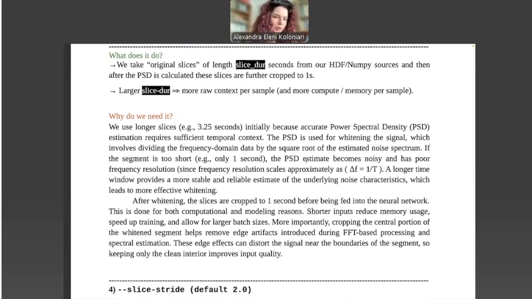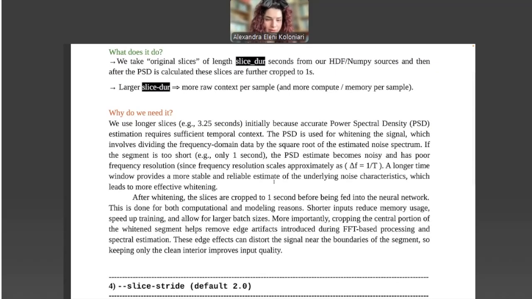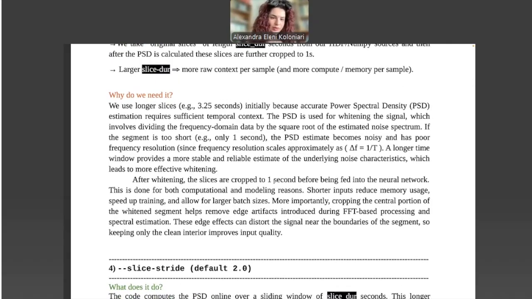And why do we need it? Why don't we use just 1 second and perform the whitening there? Because we do need longer slices in order to calculate a good power spectral density estimation. And as I mentioned, we use that in order to perform the whitening, which also involves dividing the frequency domain data by the square root of the estimated PSD.